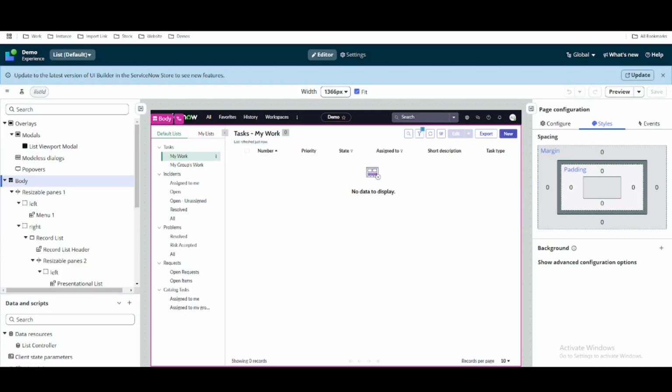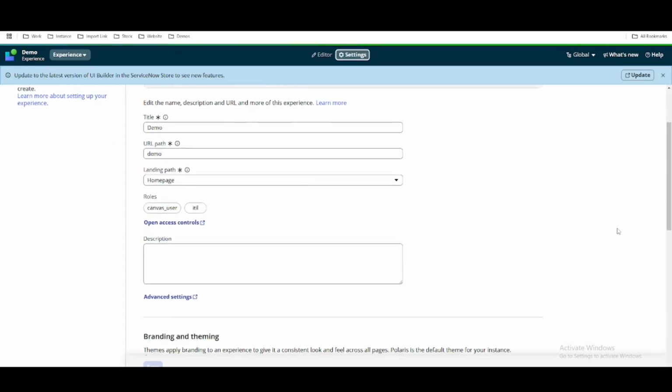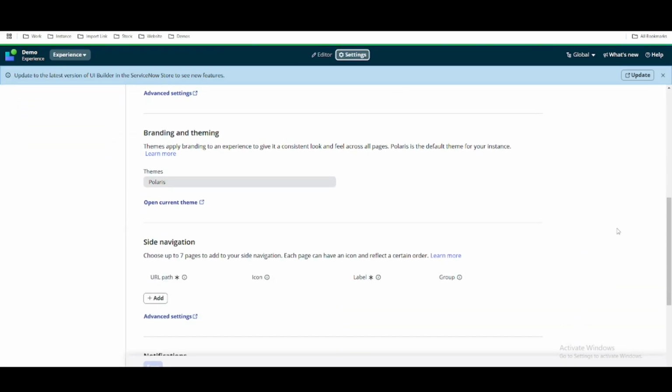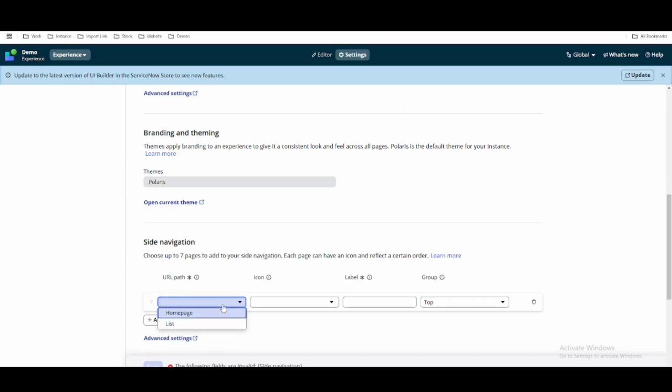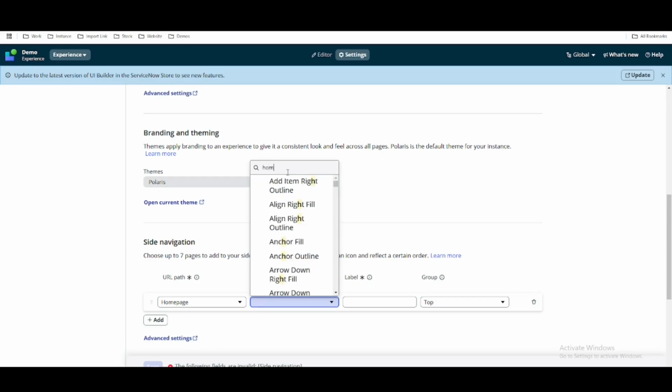For that, we simply go again to this workspace and then go to the settings. Under the settings, if you scroll down, there is a side navigation. We have to click add, and then we'll select the first navigation as the home page. The icon should be something called home. We'll put home,